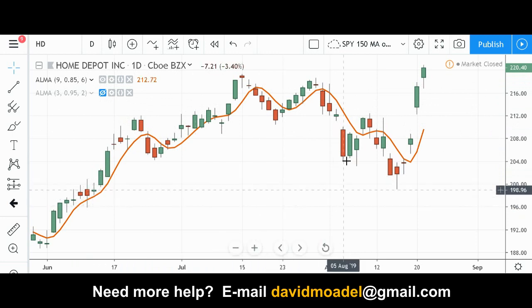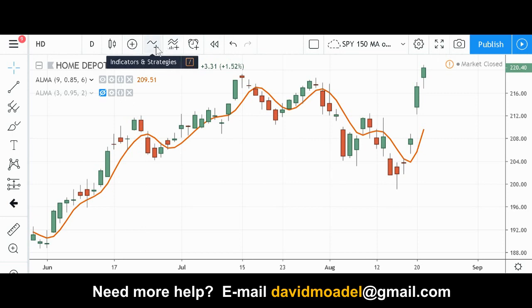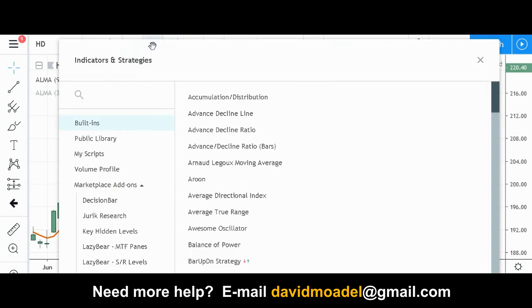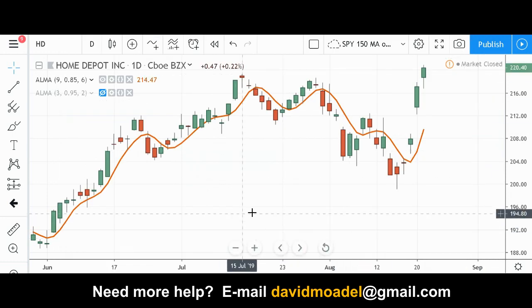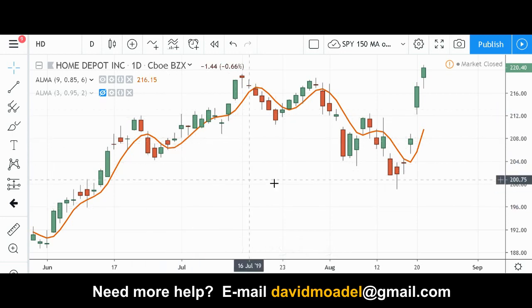All right, so I hope this was helpful for you, and it's just a basic introduction or explanation for the ALMA indicator. Oh, also, I just want to show you how you get it, at least on TradingView. You go to Indicators and Strategies, click on that, and it's not under ALMA, okay, it's Arnaud Legoux moving average right there. They spell it out here, okay? But if you're on a different platform, that's okay. You're just going to have to either call tech support if you can't find it, or maybe they don't have it because it's not necessarily the most well-known indicator out there. But hopefully this video can spread the knowledge a little bit.